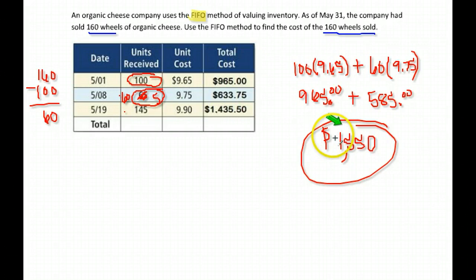If they wanted to know the cost of the inventory, then we'd go up from the bottom and say, okay, we have this 145 and then 5 more. So if they wanted the leftovers,